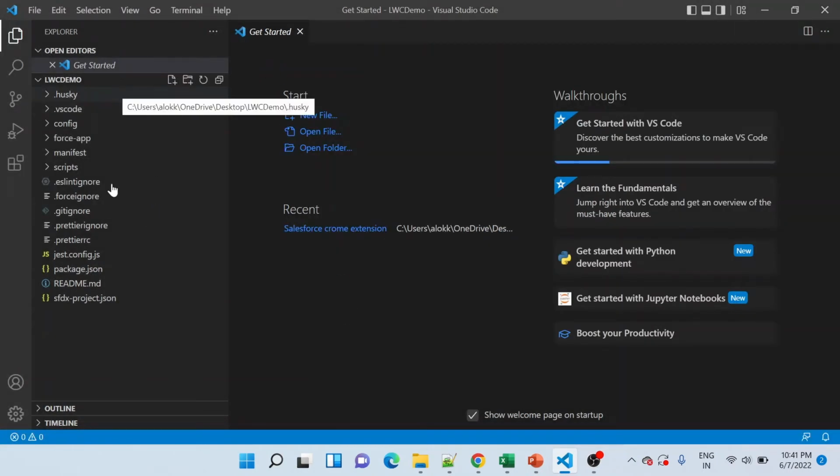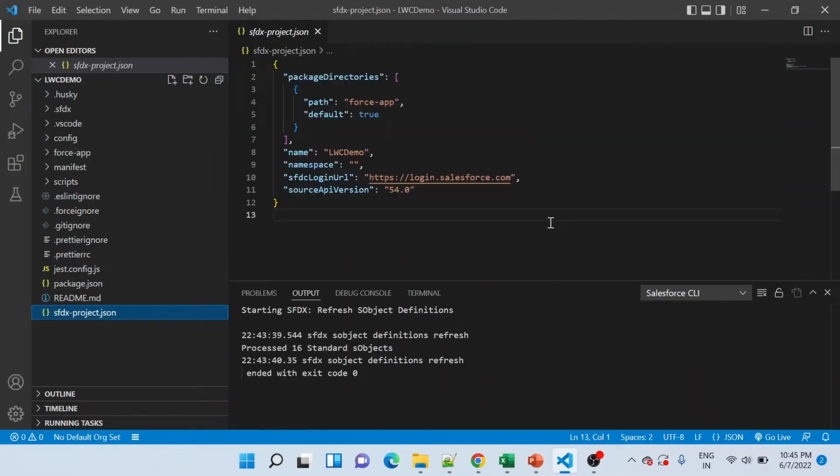Now if you see, it has created a project for me with a pre-built structure in it, which contains your force app and manifest and script. After you create your project in VS Code, the second step is how we will connect it with our Salesforce org. For connecting it to our Salesforce org, we will again use our Control Shift